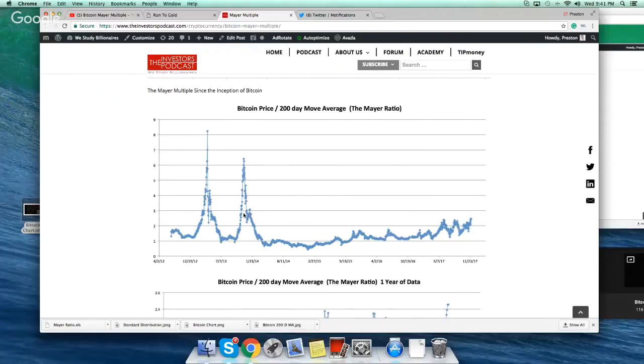I'm not telling people to time it, because I don't think you can use historical data to time anything. But I think that seeing results from the past helps you conceptually understand things and emotionally control yourself. Because if you see one of these big giant jumps, you should expect it to come back down to a multiple of 1. That should not surprise you. So when that happens,